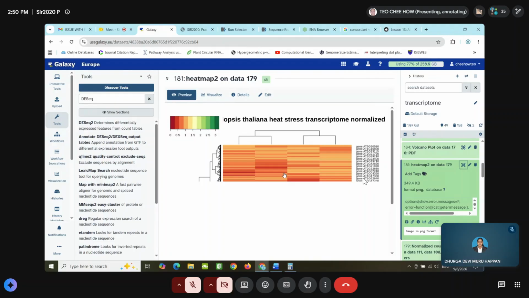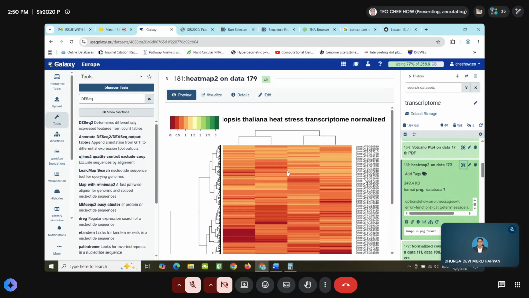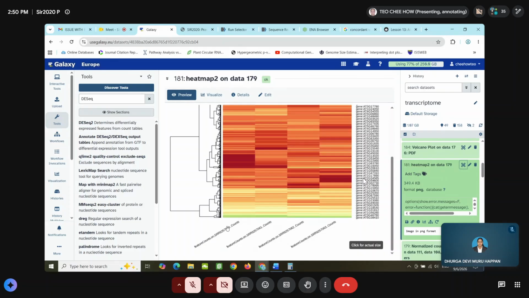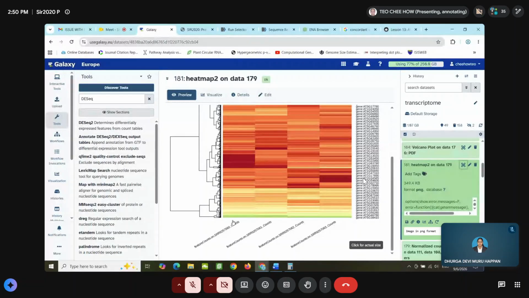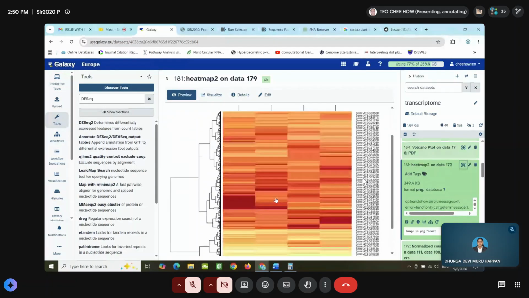So here you build a heat map based on the genes coming from this normalized count. You can see the profile here, control samples and treated samples. You see the expression profile gradient, from low to high.